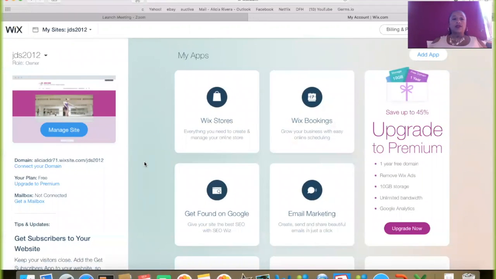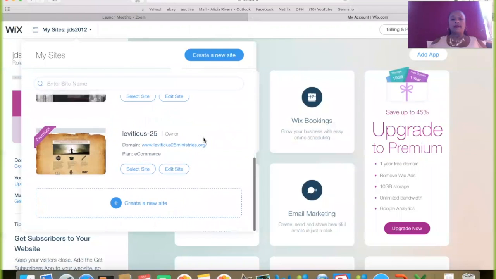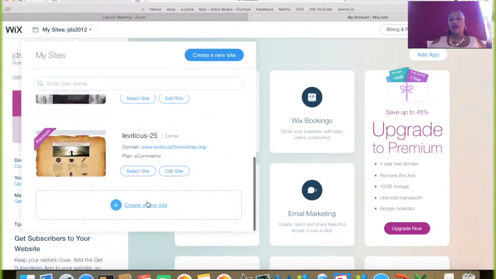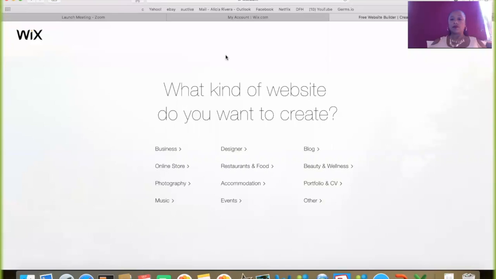selection. And so I will go here and I'm going to create a fake website. So here in my sites, it says My Sites. On the very bottom and on the top here, it says Create a New Site. So I'm going to click on that. It'll ask me, what is it? What type of website am I trying to